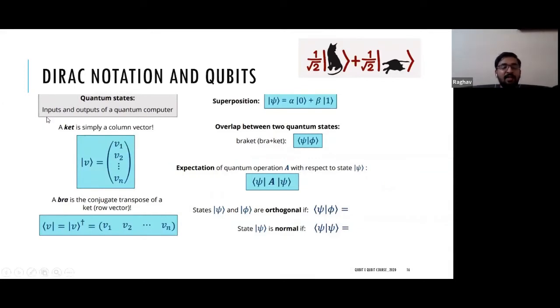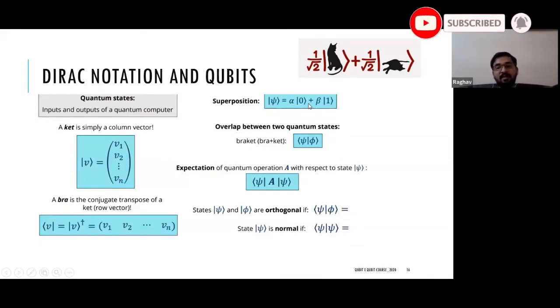Here qubits are the quantum states, or more specifically, qubits are 2-state quantum systems, like they represent two measurable quantities. So the ket notation is this, where this V is the same as the vector we discussed, and the bra notation is this. Here V1 to Vn can be any complex number, and there is superposition, which says that